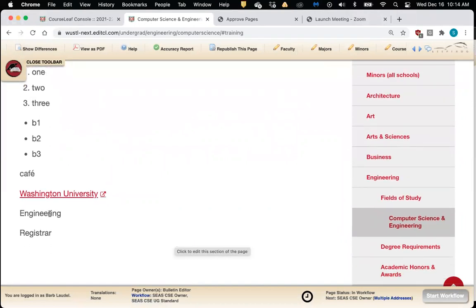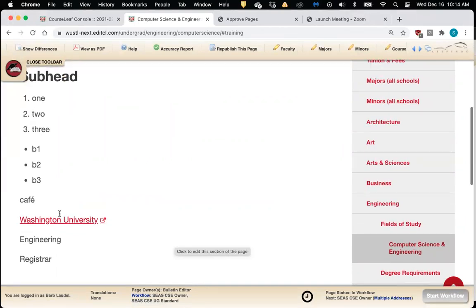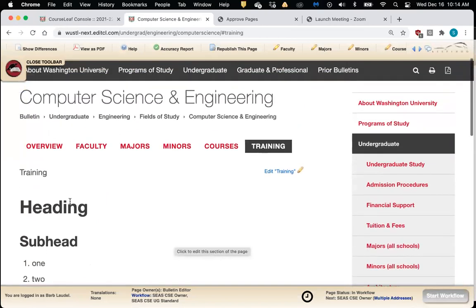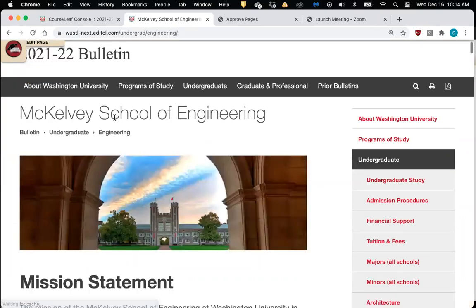So the next one is my internal link. And my internal link is going to be where I'm directing users somewhere else within the bulletin. So if I go back, I see this breadcrumb trail here that tells me where these pages are coming out of. And so let's say I go ahead and click on engineering. And when I do that, I get the engineering page. Now, instead of copying and pasting the whole URL, because it's an internal page, I want to select what's called the relative URL. And my URL is slightly different because of how I log in to your bulletin.